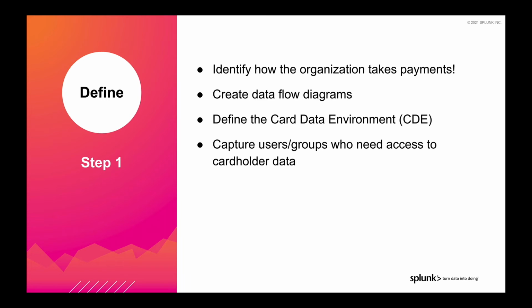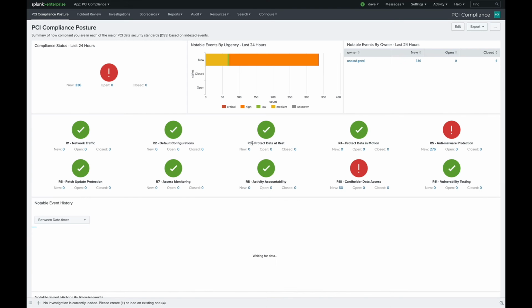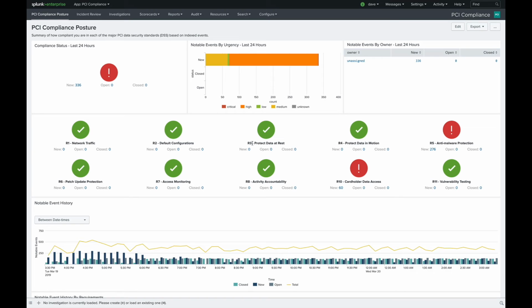It can tell you that a certain type of access is actually a violation because that system is in your card data environment, where the exact same activity on a system outside your card data environment might not be a violation and might not even be a security problem. So carefully defining the environment is what is going to allow you to gain efficiencies in your PCI compliance program. So let's talk about that define step and how we can use that to configure the app for PCI compliance to make it a whole lot more accurate and useful for us